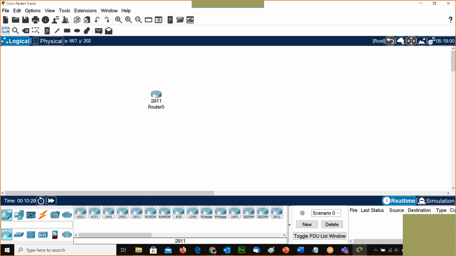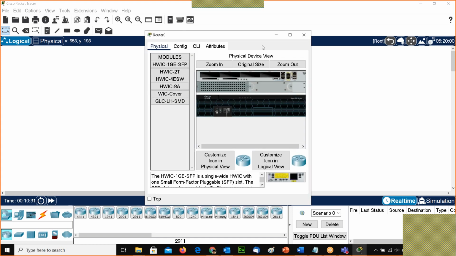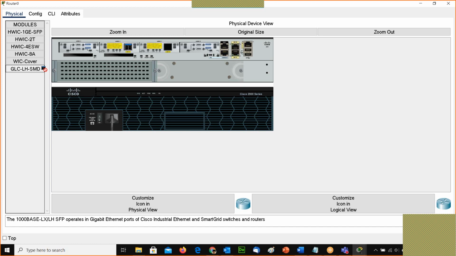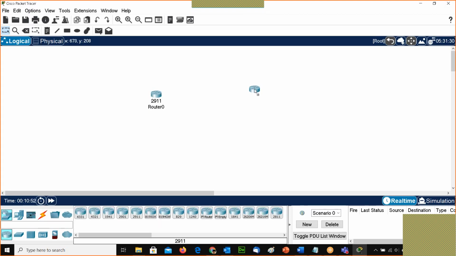So let's take a router, 192.168.1.1, a 2911 router. If I want to have a WAN port on the 2911 router, what do I have to do? I have to power it off, and then use the HWIC-2T module. So I take a HWIC-2T module and then power it on. So these are two routers. I'm naming them R1 and R2.